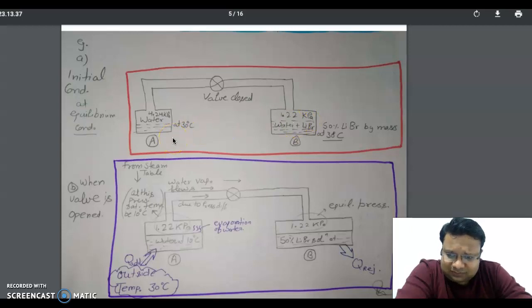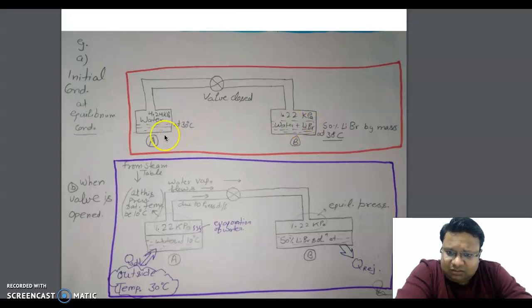So water vapors move from high pressure to low pressure, and the movement of water vapor starts from this pipe to this section, from reservoir A to reservoir B, until the pressure of both the reservoirs becomes equal, that is 1.22 kilopascal. Water vapor starts to move